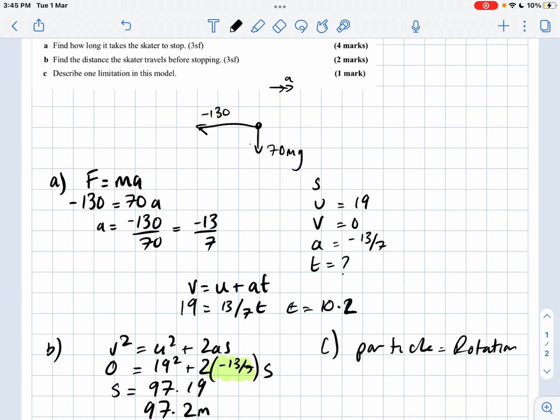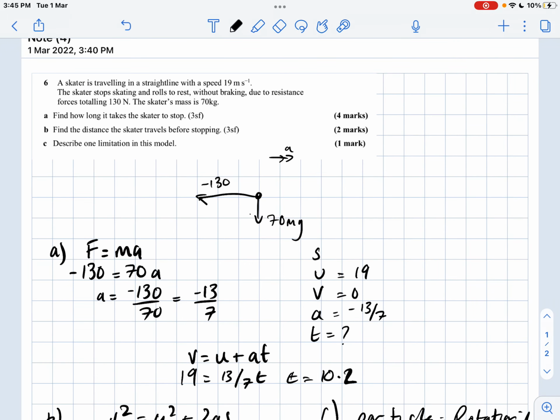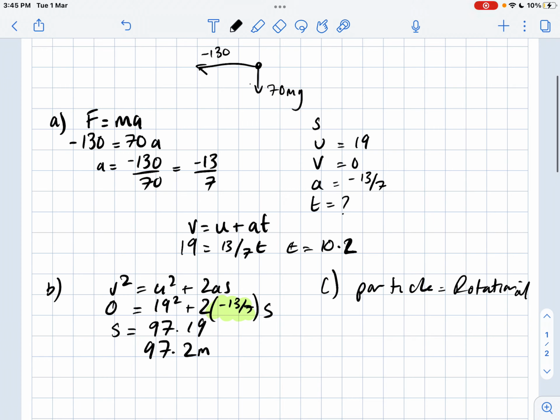We can also say that it's unlikely that the total forces would remain constant. We could also